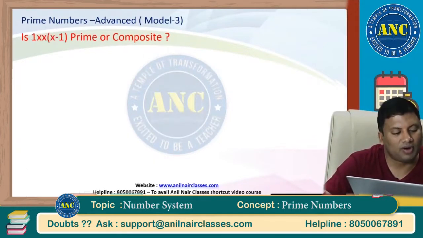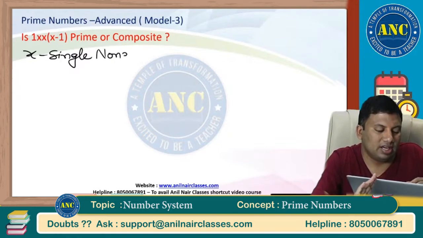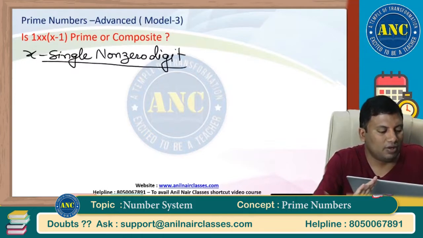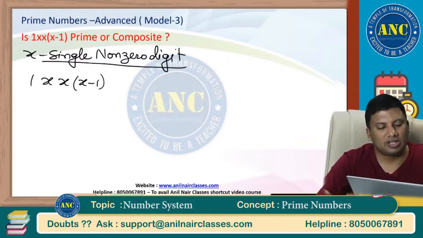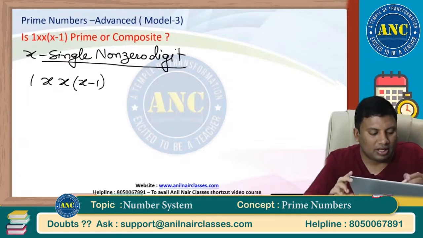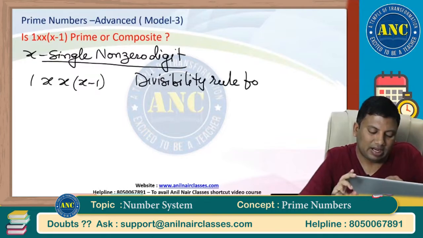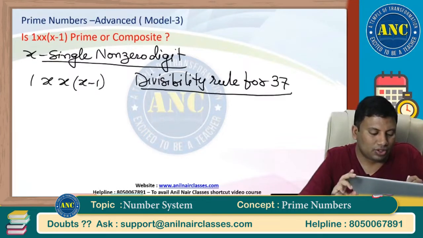Another good question. 1x, x is a single non-zero digit. Any number which is of the form 1x and x minus 1, is this number prime or composite? Now if you see here, prime or composite. Now there is a concept of the divisibility rule of 37. There are two concepts you should know. First one,